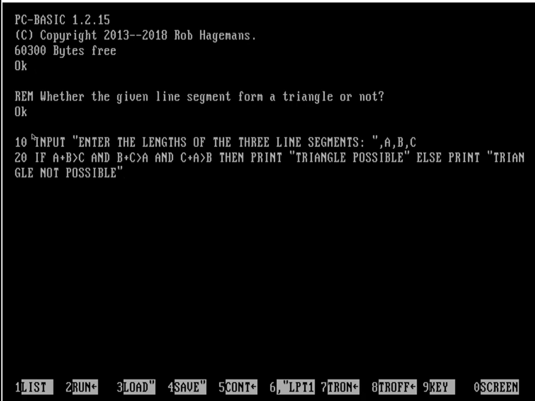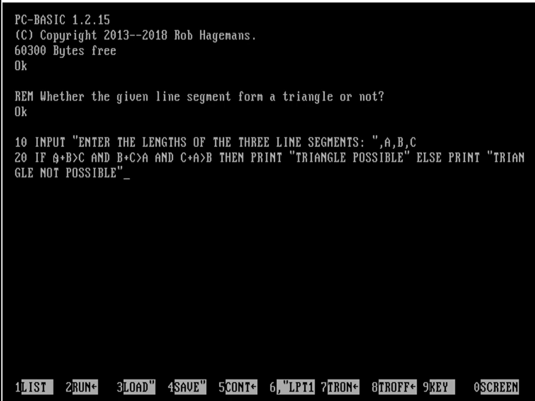So first, in line number 10, we have written input: enter the length of the three line segments, and we are storing the lengths into the variables a, b and c. So here the user is going to input three lengths. Now in line number 20 I have written